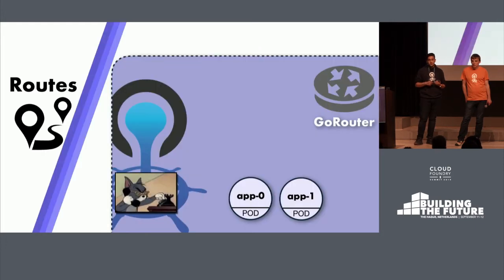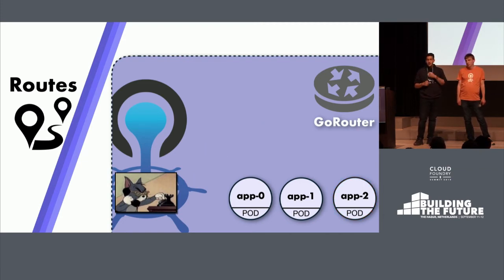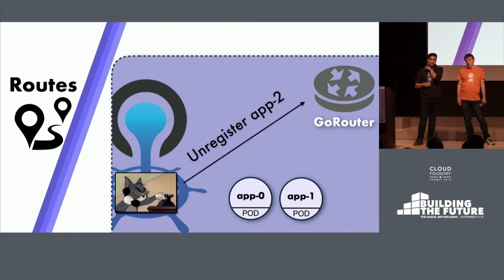And for publishing routes, we have an instance of an Informer running in Eirini, and every time a pod is created, this Informer will get an event for it, and then it will tell Eirini, and Eirini will construct the correct route register message and send it to Go router. Works the other way around too. When a pod is terminated, again, Eirini knows about it and sends a register message for this